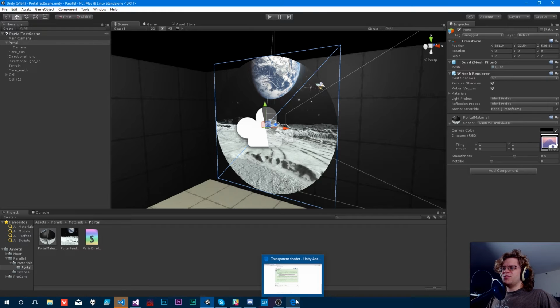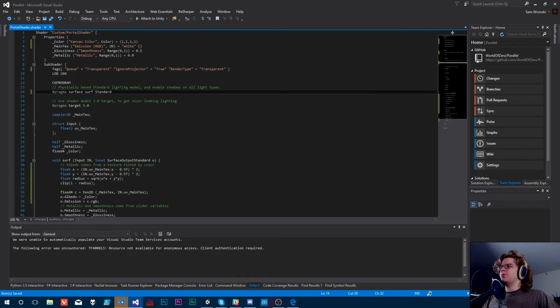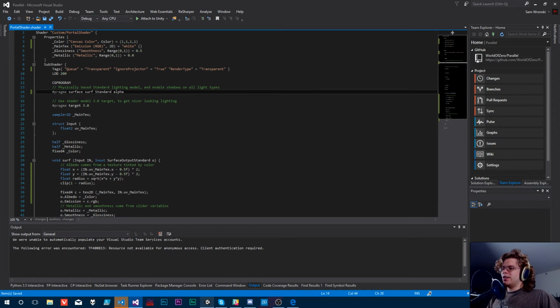I guess I go on my search again. Okay, this is looking a little bit more familiar. They're saying I need to add an alpha flag to this thing. So I was playing around with this. I haven't really talked about this in any of my videos. What this is doing is saying we're going to have a surface shader with the function surf. These have to match up, so surf and surf. We're using standard lighting, and then there's other flags, like I had the full forward shadows, and that's allowing us to do forward shadowing. What we do need is the alpha, and once I add this,